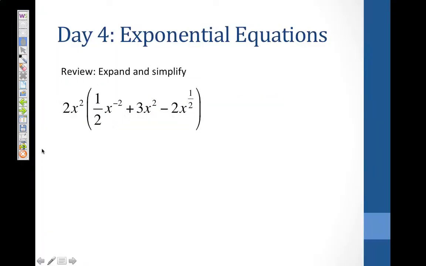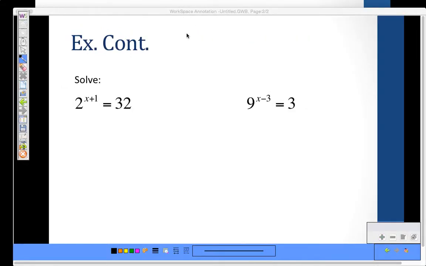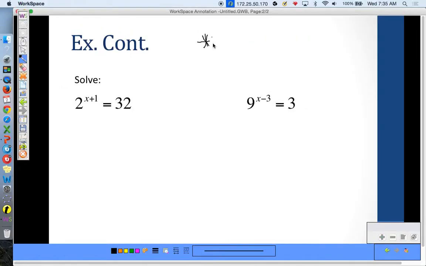So what we're going to do today is take a look at solving exponential equations. The first step when you want to solve is to rewrite with the same base. These first two are excellent examples here. 2 to the x plus 1. Well, how can we write 32 with a base of 2? We know that that is 2 to the 5th power. And once our bases are the same,